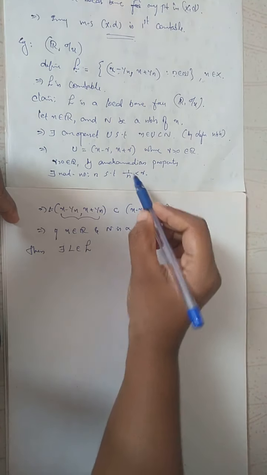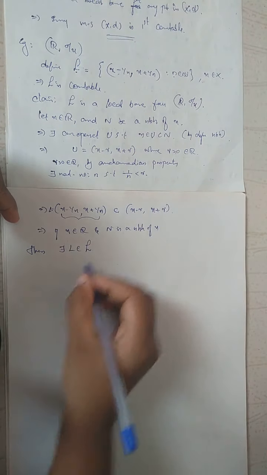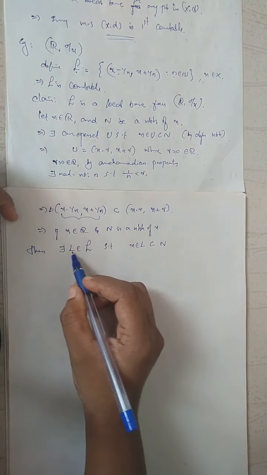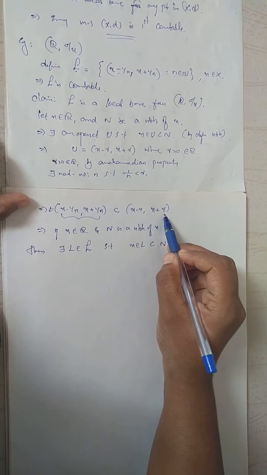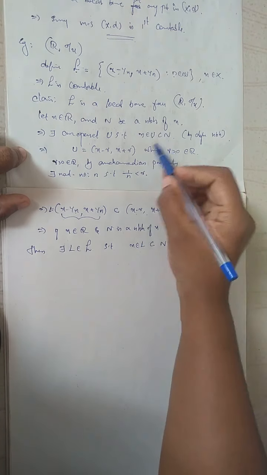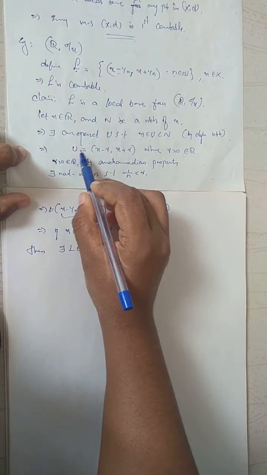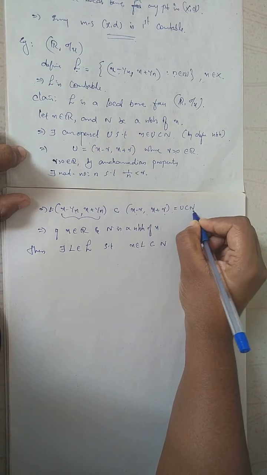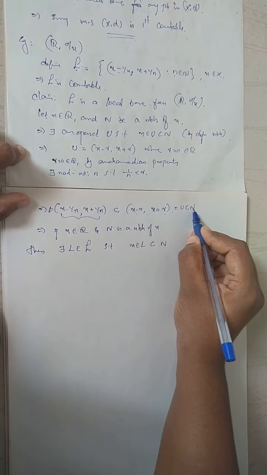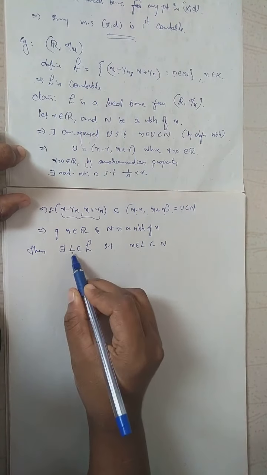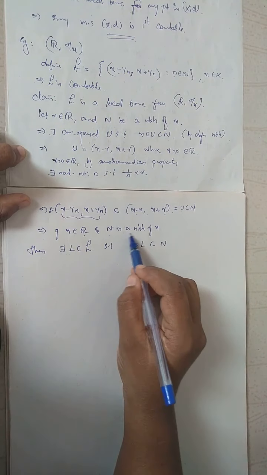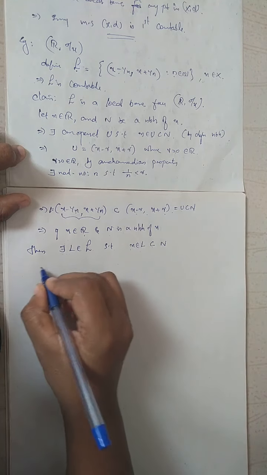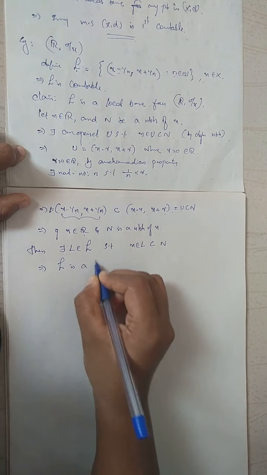we are getting n by using the Archimedean property, such that x belongs to L and that L is contained in N. How is that L contained in N? This L is contained in x minus r, x plus r, which is actually U, and this U is contained in N. So together this implies L is contained in N. So for every x in R and N any neighborhood of x, there exists L in script L such that x belongs to L and L is contained in N, which implies script L is a local base